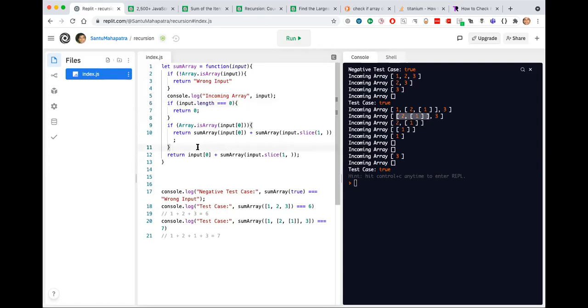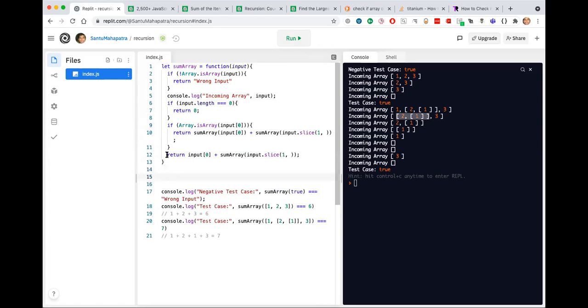You guys might have noticed I did not write any else here. It's not needed because all of the previous statements are returning something. So if the first element was an array, it will just return some array input 0, some array input slice 1 comma. So I need not write an else here, but you can write an else that would also be perfectly correct.